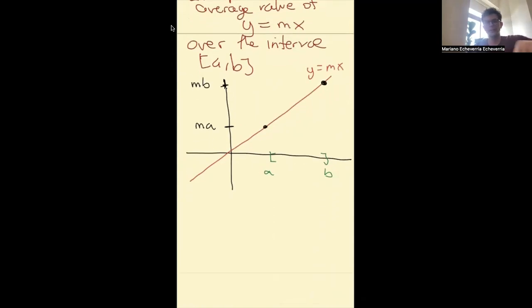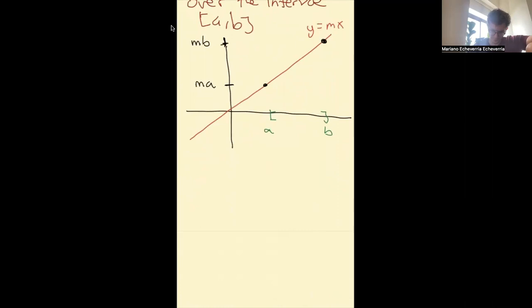Okay, so we want to find out the average value here. So let's see. So the average value of f of x